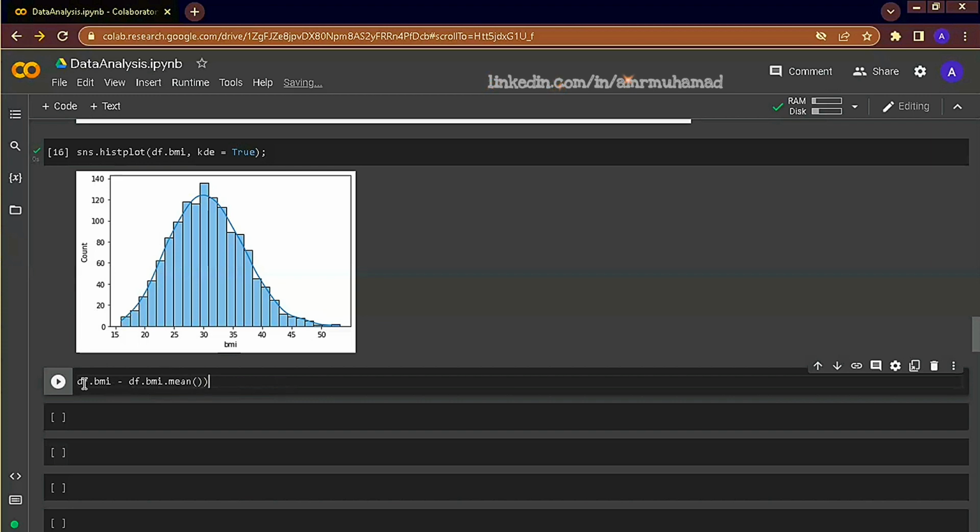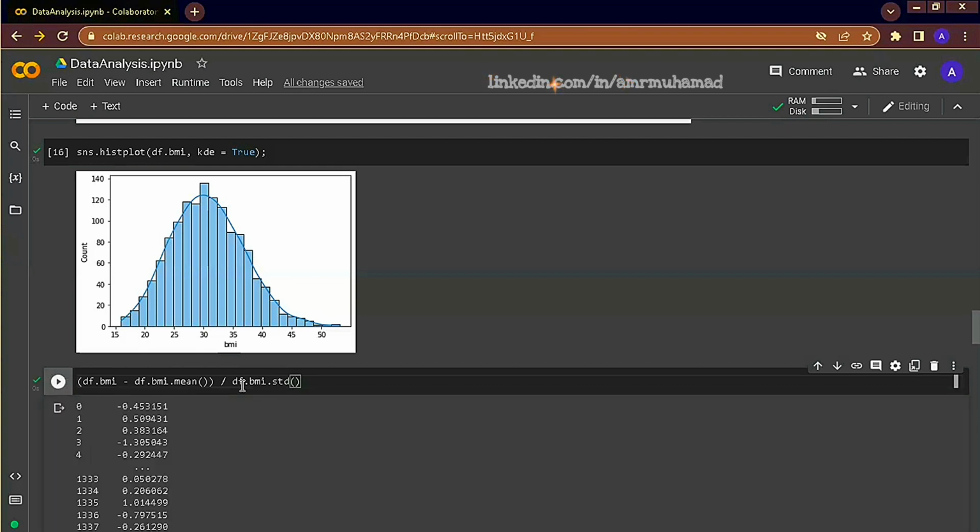To transform this scale of BMI from its numeric scale to standard normal values, also referred to as z-scores, one way to do it is to subtract the mean from each value in the designated column and divide by the standard deviation. This is called standardization. And what do these numbers actually do? They just represent the numeric values that were before in terms of their deviation from the mean.